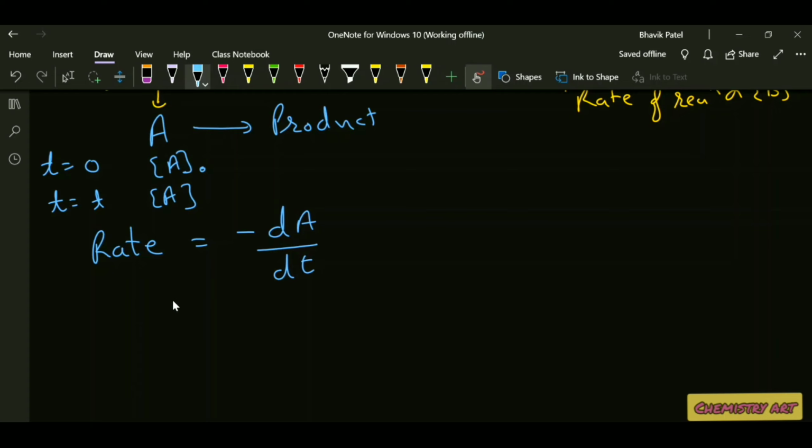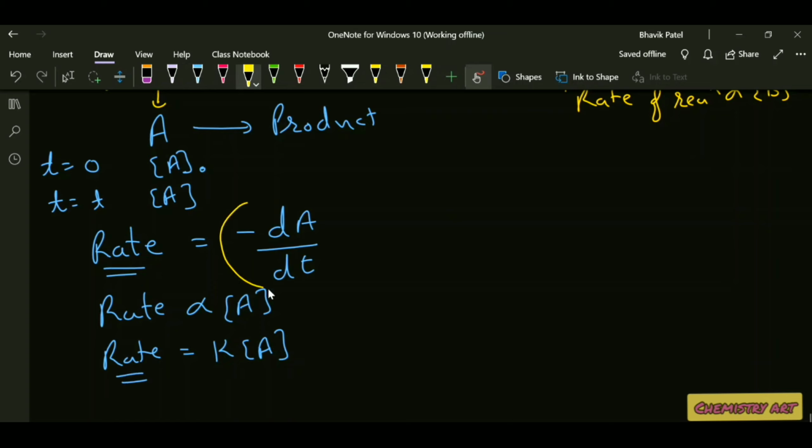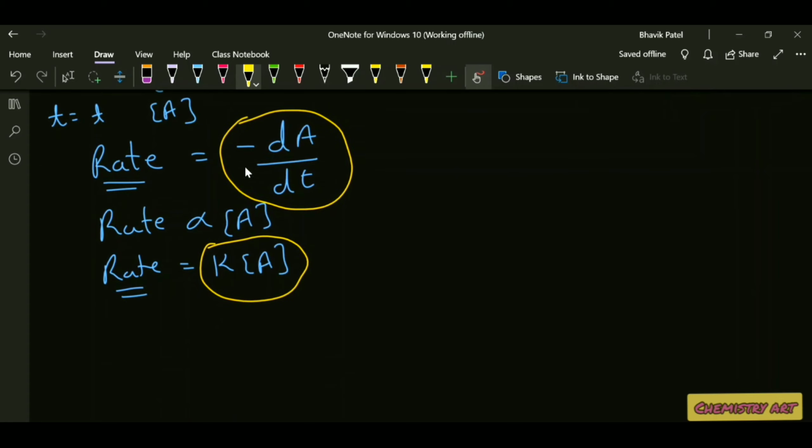And if you write the rate law expression, rate is directly proportional to the concentration of A, which has exponent 1, and if we put the constant K instead of the proportionality sign, we can write rate equals K into A. Here you can see the rate is the same, so we can write